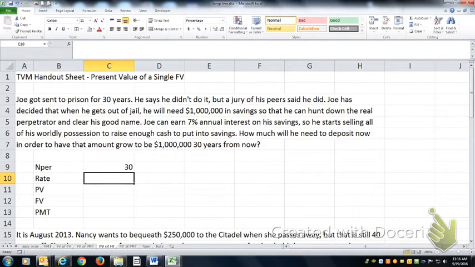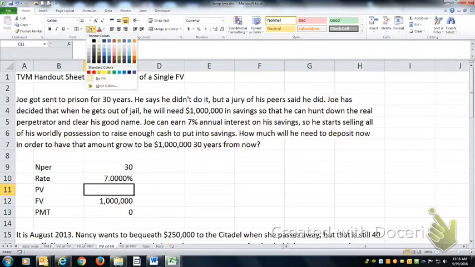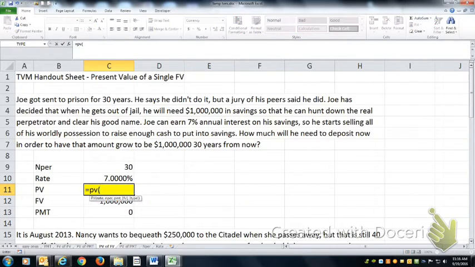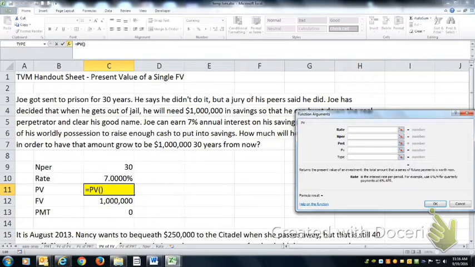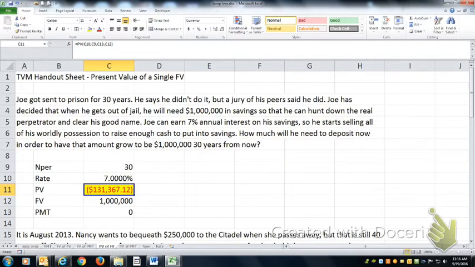He'll be saving for 30 years. He's earning 7% on this money, and he wants to have $1 million, and there are no other intermediate payments. I'm going to go ahead and highlight this, because that's what I'm solving for. The PV function, hit the FX button: rate, number of periods, payment, and future value. Hit the OK, and the answer is